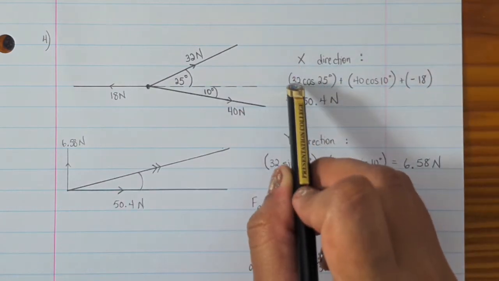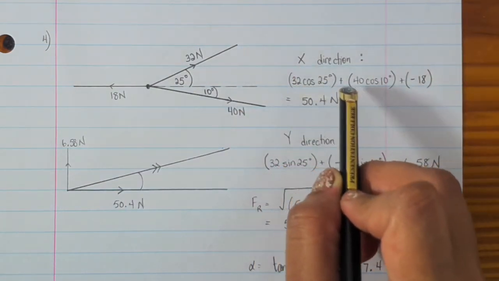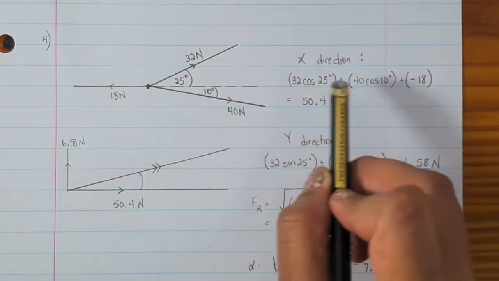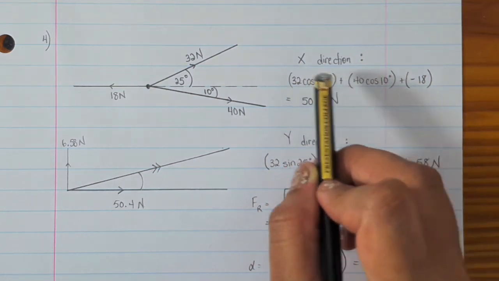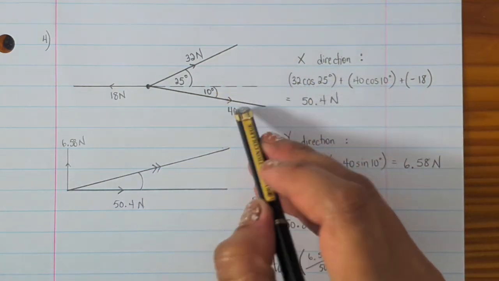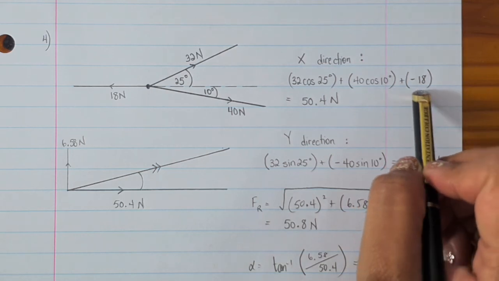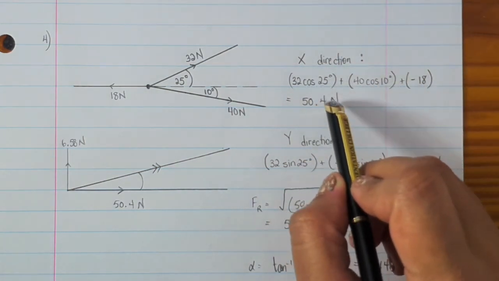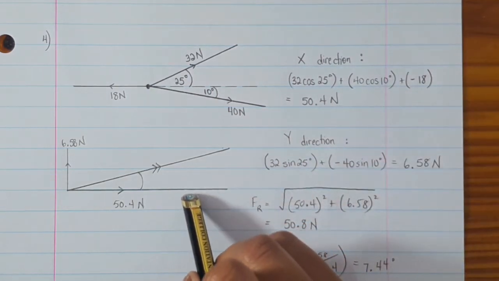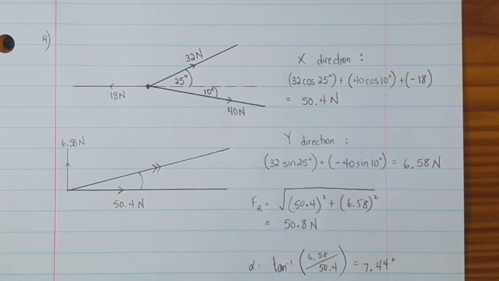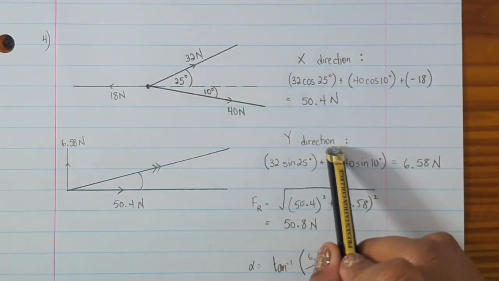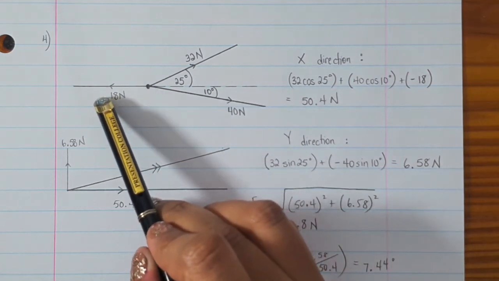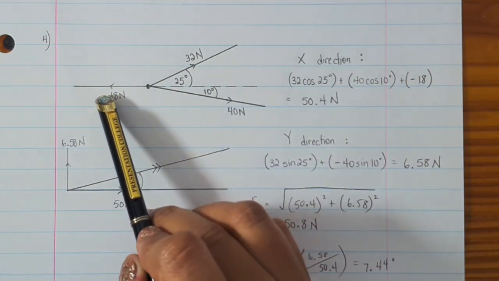So that is 32 cos 25 plus 40 cos 10, these are the horizontal components of these two, but it's going to be minus 18. So when you work all of that out, I got 40.4 newtons. So the horizontal vector is 50.4. And in the y direction, well, this is not going to have any sort of contribution to anything in